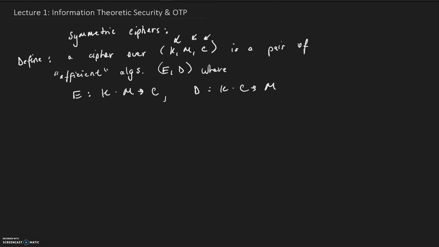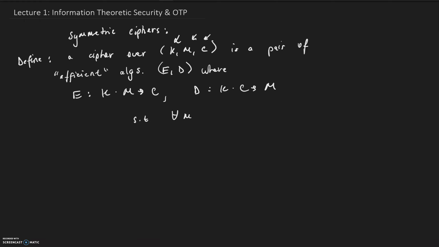Right, so the cipher itself is a pair of efficient algorithms where E is the encryption algorithm and D is the decryption algorithm. Efficient here is in quotes because it means different things to different people. If you're more inclined toward theory, efficient means runs in polynomial time in the size of their inputs. If you're more practically inclined, efficient means runs within a certain time period, or essentially concrete time constraints. So, such that